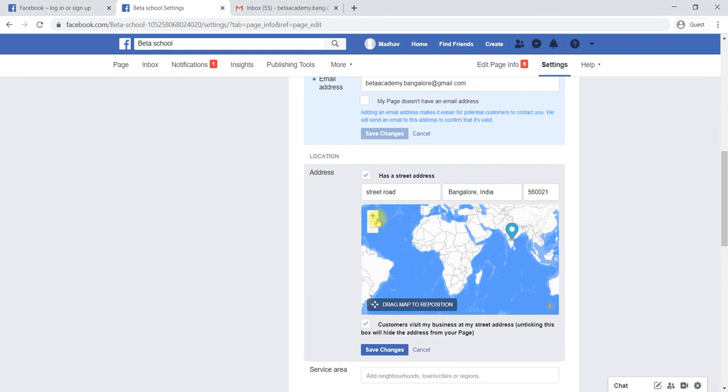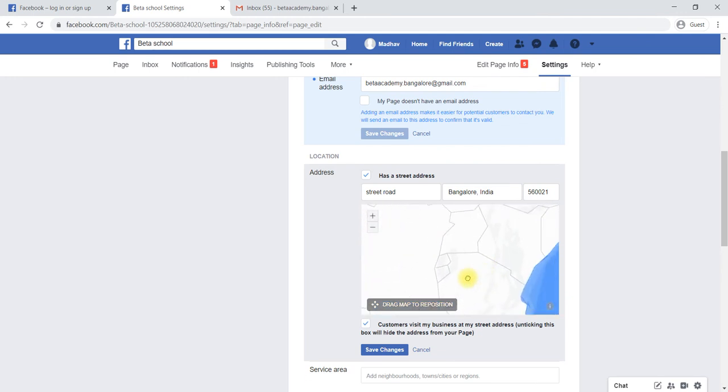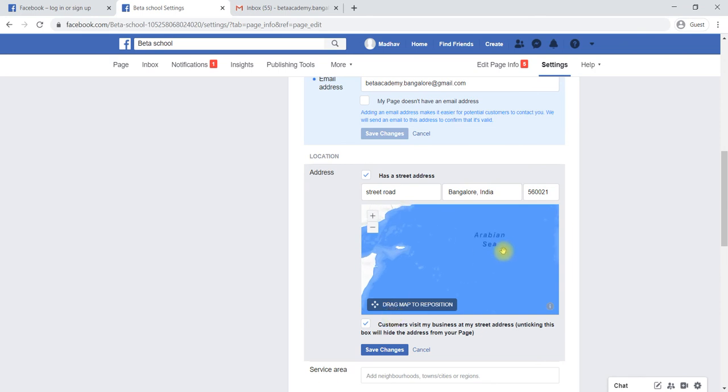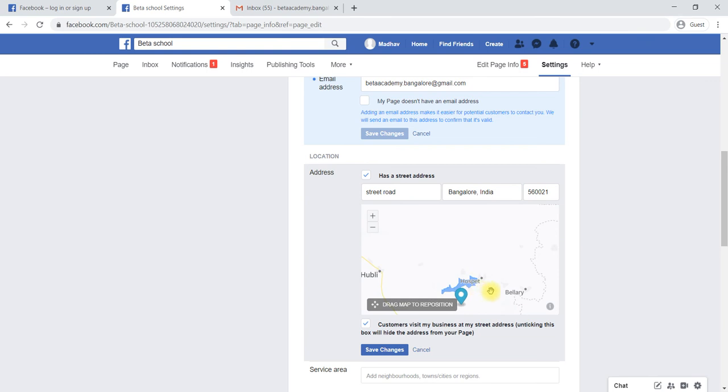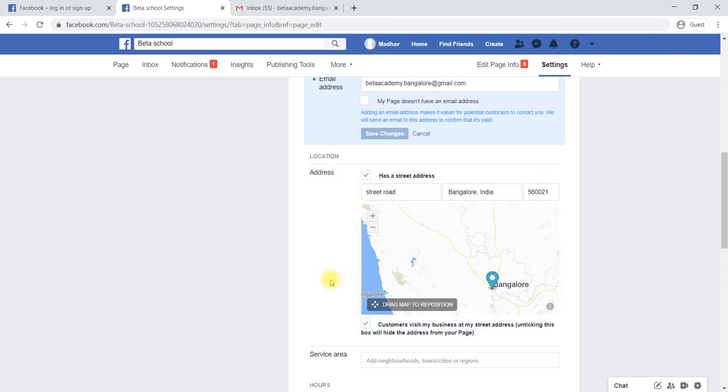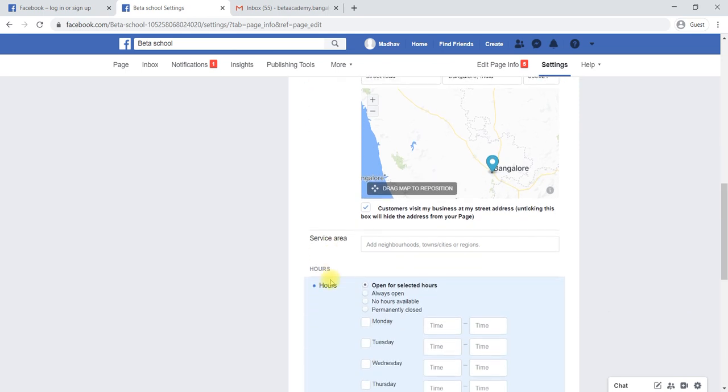You can zoom and exactly locate yourself, where exactly it will highlight. Where exactly you are located, you can highlight that. Like this you can highlight. Save changes, because someone coming to your page can get all the information about your business.